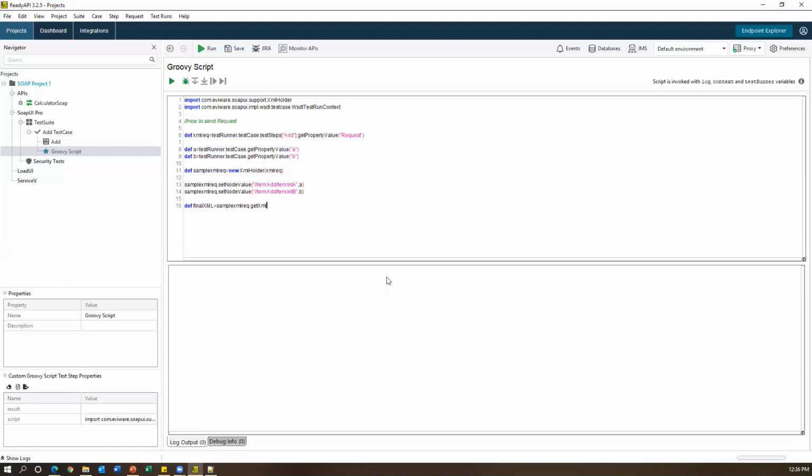This is a method. And once we get the XML, again, we can store the whole XML request as part of a variable. I'll say def, we already created the final XML variable. So this we have to pass as part of the request. So for that, we have to write a statement called testRunner.testCase.testSteps. And what are the test steps we have to run? Add. So these are the test steps we have to run. So this I'm going to store in another variable. I'll say def add